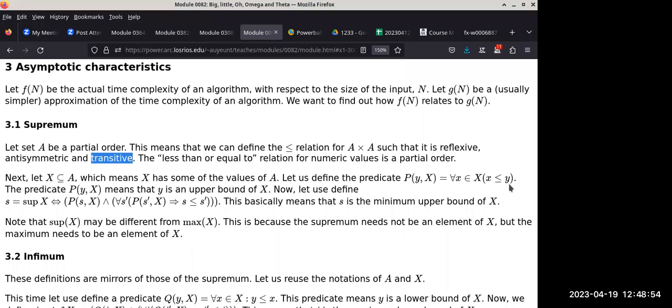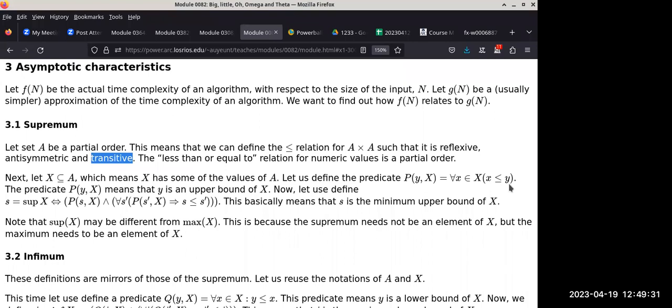Not quite, okay? Very close, but not exactly. Why not? Because there's no requirement that Y has to be in X itself. So that one little thing means this is not exactly the same thing as finding the maximum in the set X, but it's close. So Y can be outside of X; Y does not have to be an element of X itself. So we'll just call Y an upper bound of X. Nothing in X is greater than Y.